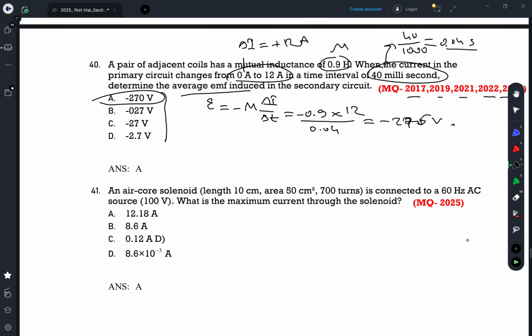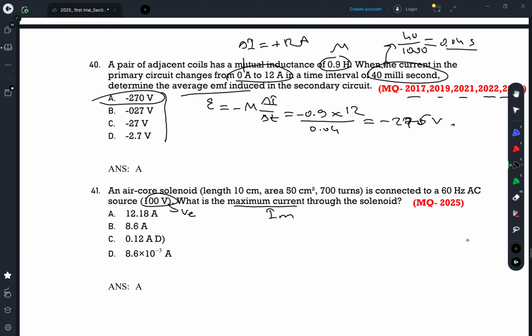An air core solenoid, length 10 centimeters, area 50 centimeters squared, 700 turns, is connected to a 60 hertz AC source. What is the maximum current through it? This 100 volt is the effective potential difference. Maximum current is asked. I am going to find it, but first I have to calculate